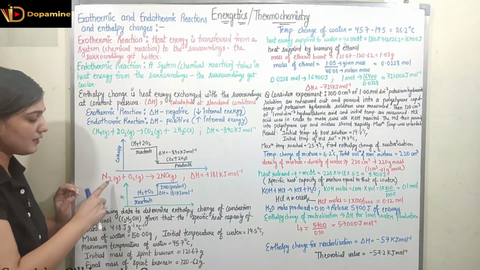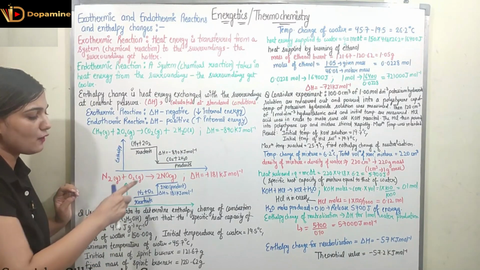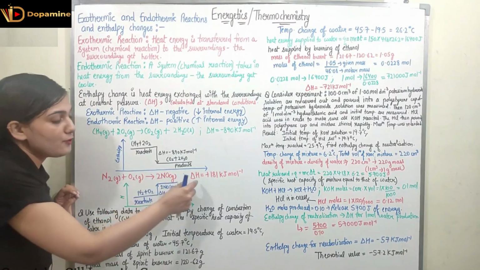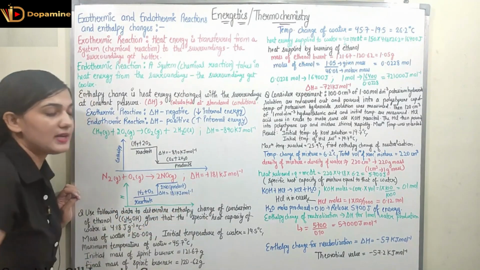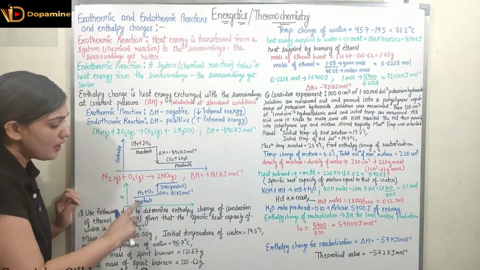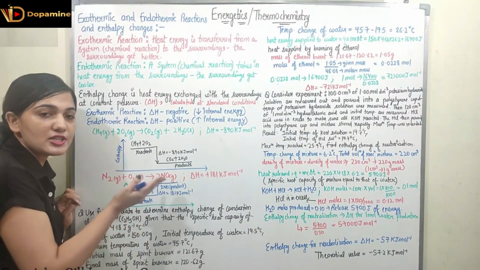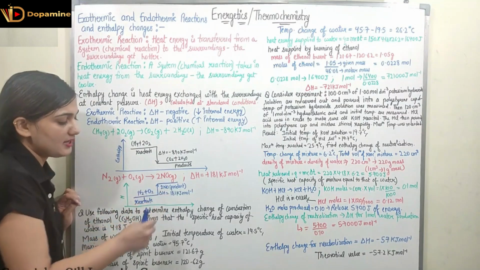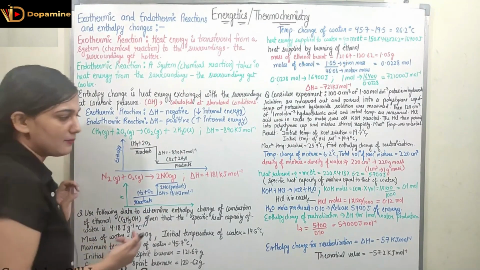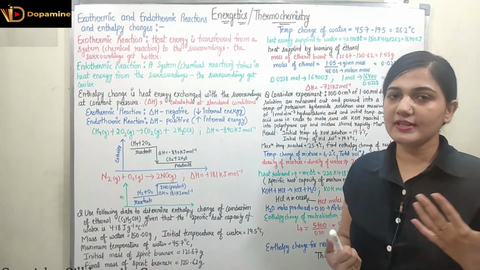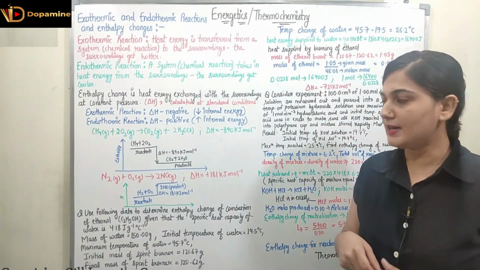Coming to this reaction where nitrogen reacts with oxygen to form nitrogen oxide, that is 2NO, right? Here you can see delta H is positive, plus 181 kilojoules per mole. This is the reactant, and the products are at an upward position compared to the reactant. So delta H here is 181 kilojoules per mole. In this manner you can understand the change in enthalpy in exothermic and endothermic reactions.